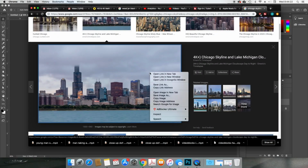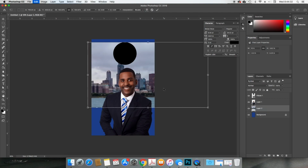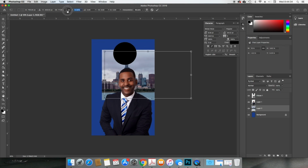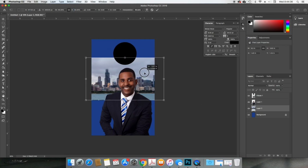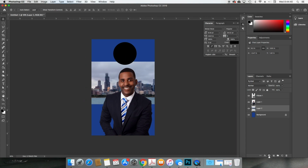Or I had a client who was real big on policies regarding the environment, so she had me put trees in her background. So it really depends on what type of values the person who's campaigning stands for and wants to represent. So I'm putting a mask on here